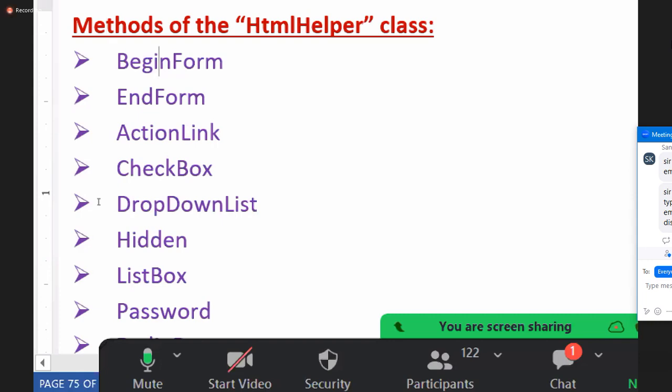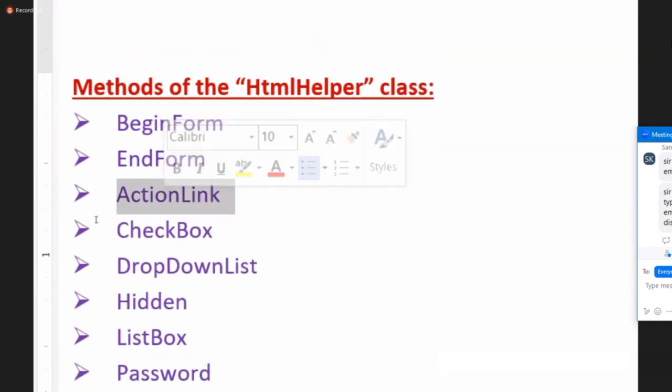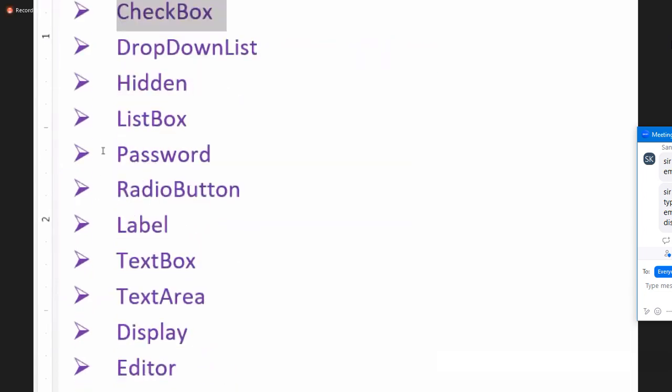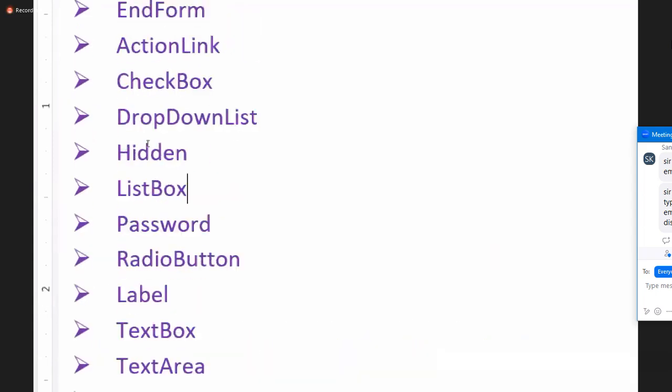This will generate the starting tag of a form and the ending tag of a form. This will generate your hyperlink, your checkbox, your drop down list, hidden field, like this. It is going to generate all these things for you. We'll start with